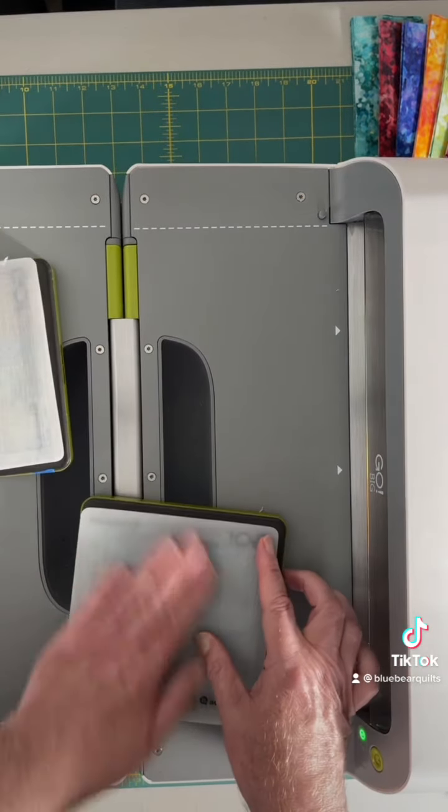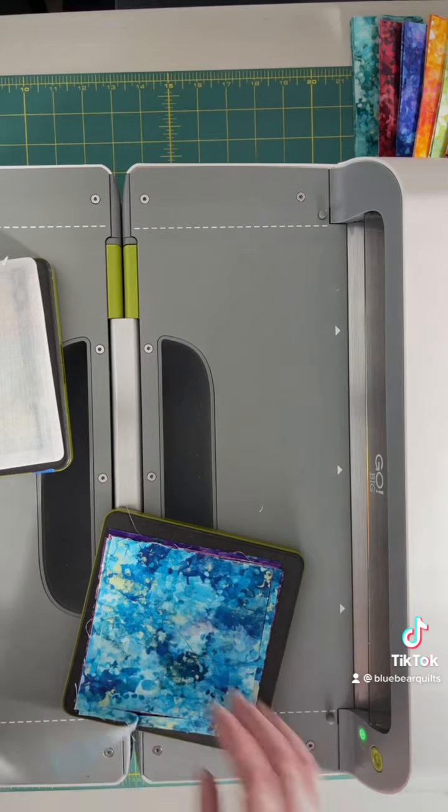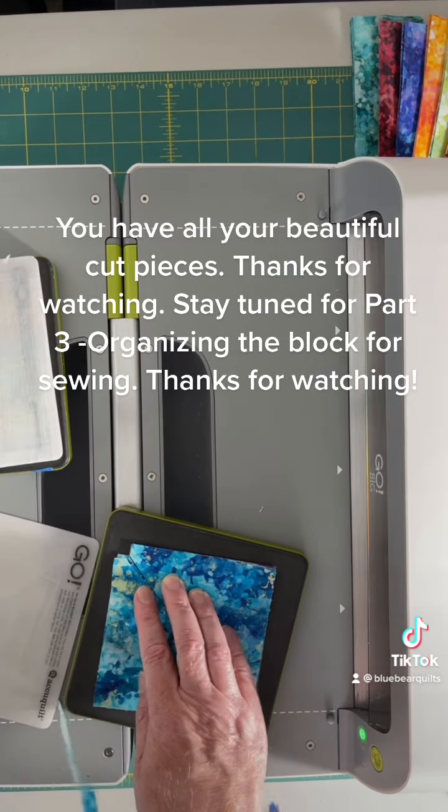Then once they've been cut, you rub the mat to give it a little love, slide it off, and pull the fabric off, and look, you have all your